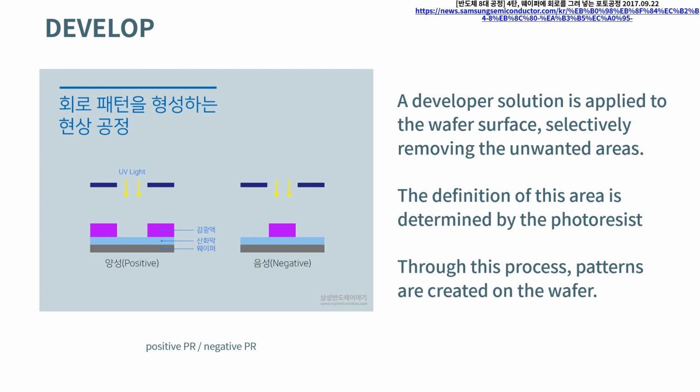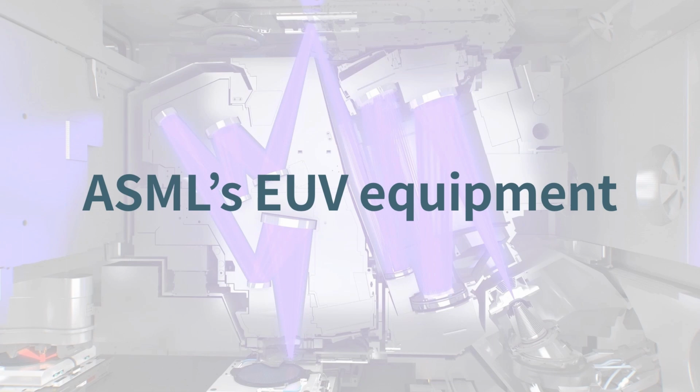Next, I will explain ASML's EUV equipment. This is considered an essential tool in the modern semiconductor process. It provides high-resolution photolithography capabilities, enabling the mass production of tiny chips. Moreover, it can pattern extremely fine lines, ranging from 7 nanometers down to 3 nanometers, allowing for the production of cutting-edge microchips.